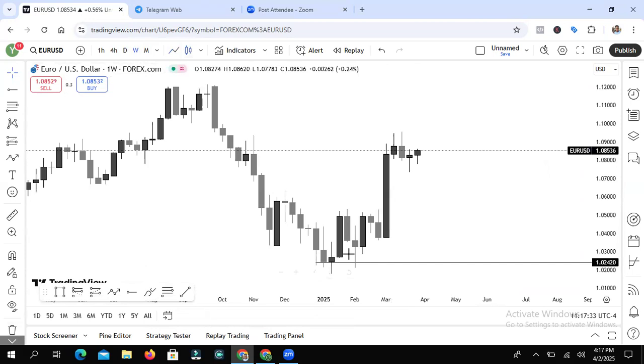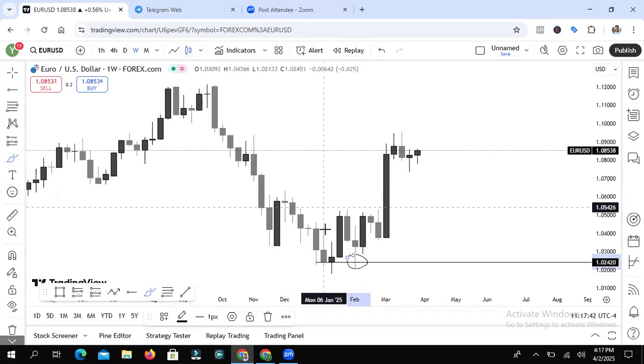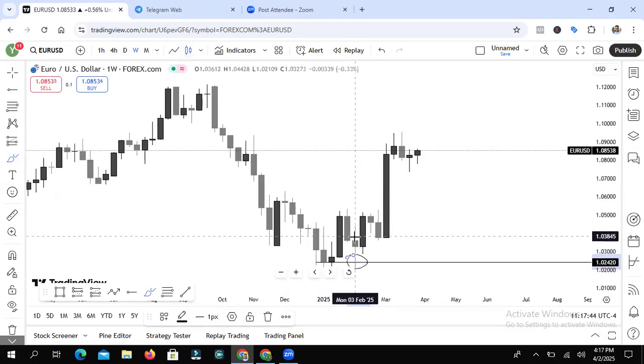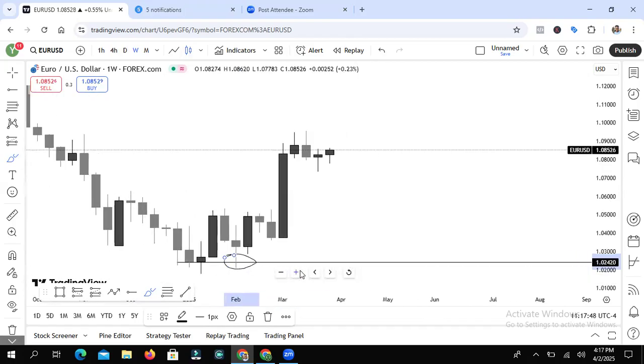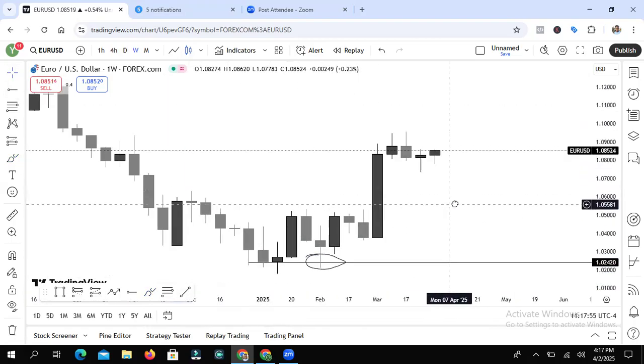This guy right here. Turn on the line charts. You can see it. Weekly reject weekly. Close above. Like I said, candle rejection and candle closure. Once you see something like this on a weekly time frame, for the rest of that week, all you want to keep looking for is what? Buying opportunities.